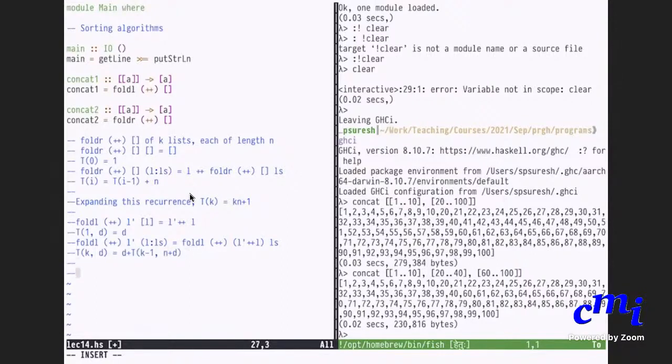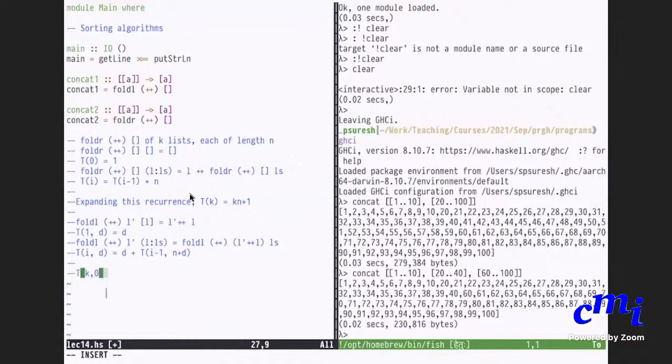Okay. So if you expand this recurrence, originally you will start with fold L of something and the empty list. So your original thing is T of k, 0, because 0 is the length of your accumulator initially.